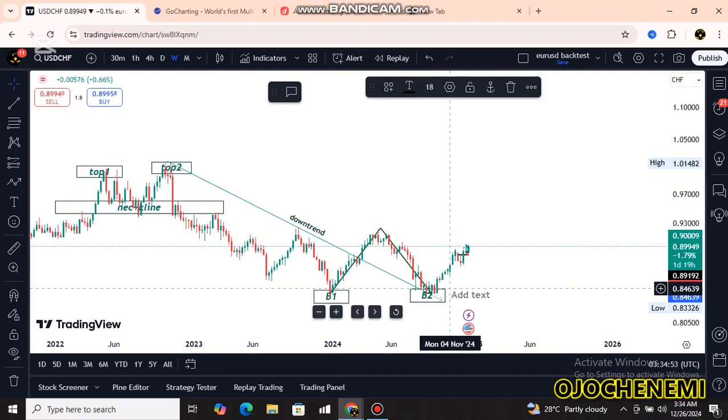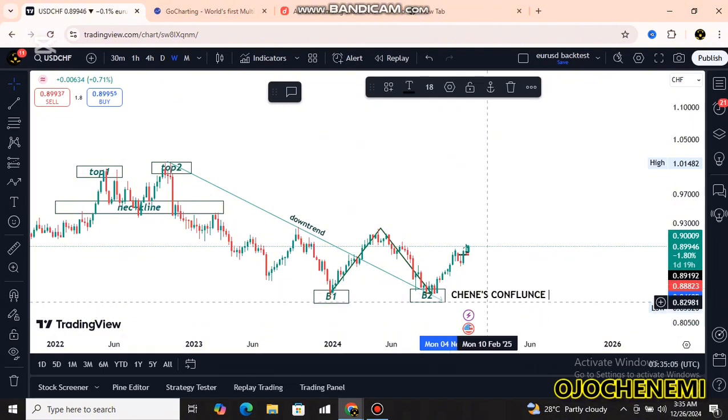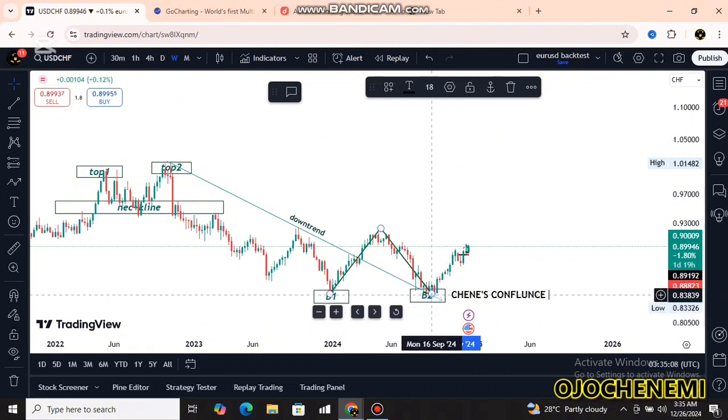You see this high? A lower high. You see this low? You see this low is higher than this previous low. This low is higher than this previous low. This low is higher than this previous low. So it's giving us higher lows. That's an uptrend. So this retest and this bottom, the both of them together now is